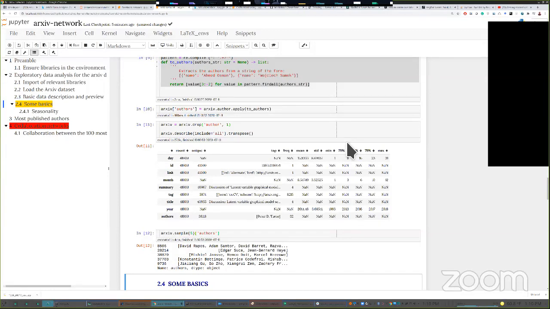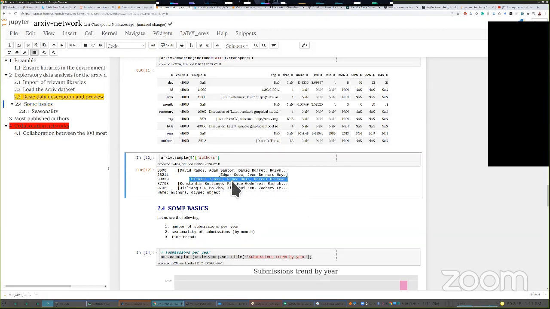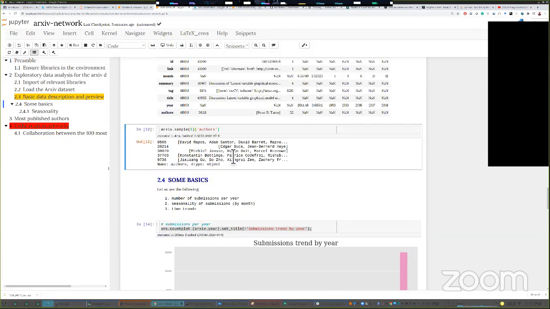Yes. So do you notice that now we have it in the right way that we want it? Look at this. Comma separated list of authors. Are you seeing that, guys? The authors field is comprised of a comma separated list. Yes. That is neat. And it is a list, not a string. It's just a list, proper data structure.